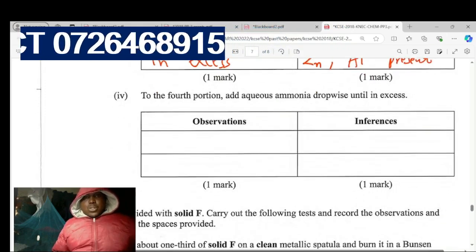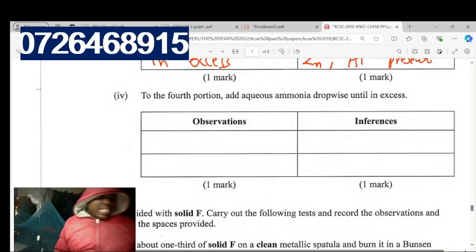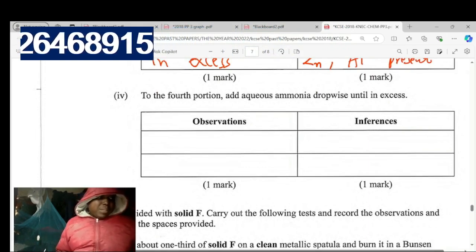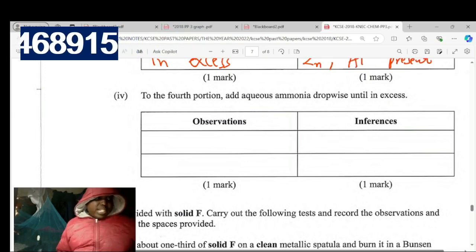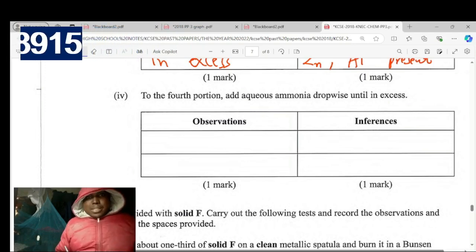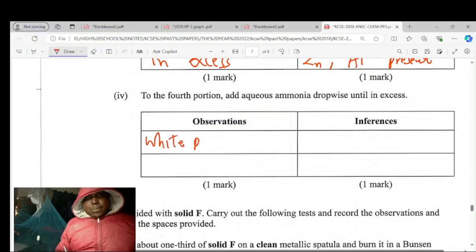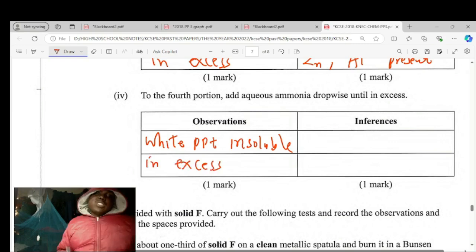To the fourth portion, add aqueous ammonia droplets until in excess. Then what happened? White precipitate is formed, insoluble in excess. So white PPT, insoluble, which does not dissolve in excess. If it is insoluble in excess, then it means zinc is absent, because